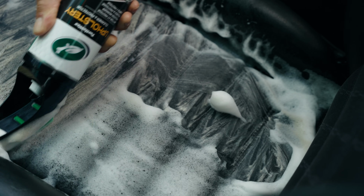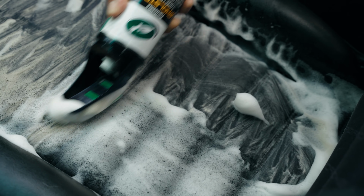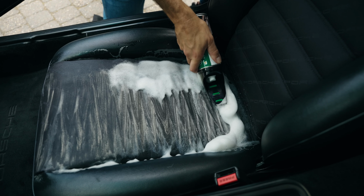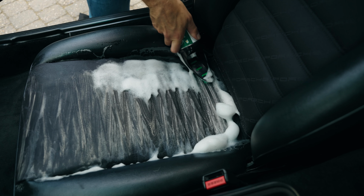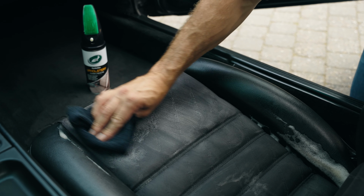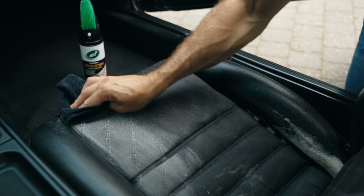Meanwhile, Odorex technology permanently eliminates existing odors and continues to deodorize for up to 30 days. Upholstery Cleaner comes with an integrated brush. Its gentle bristles catch lint and pet hair while also reaching into hard-to-reach seams and lifting out dirt without snagging